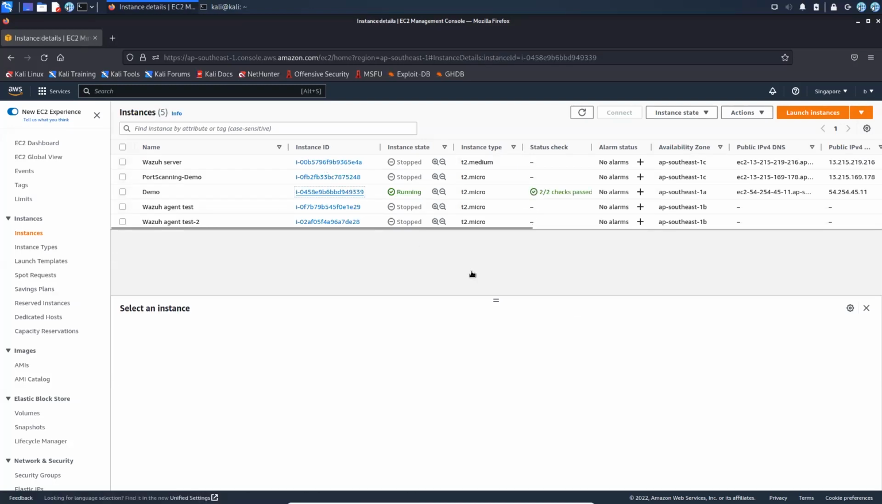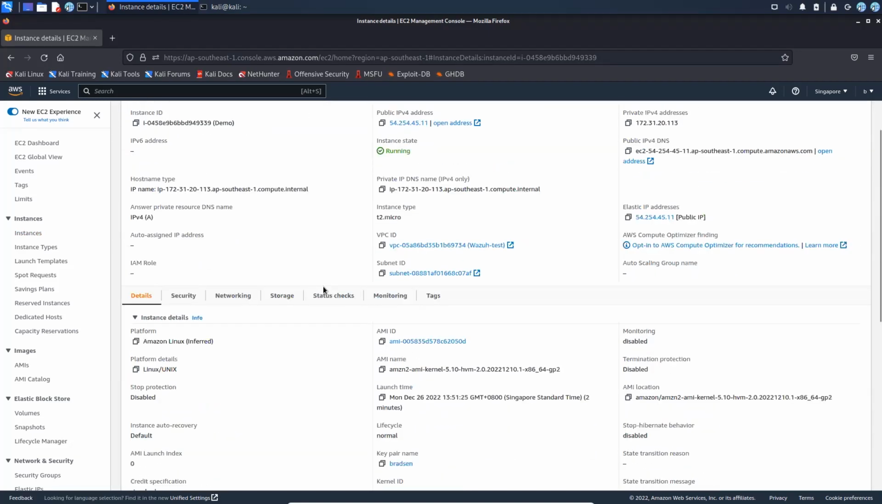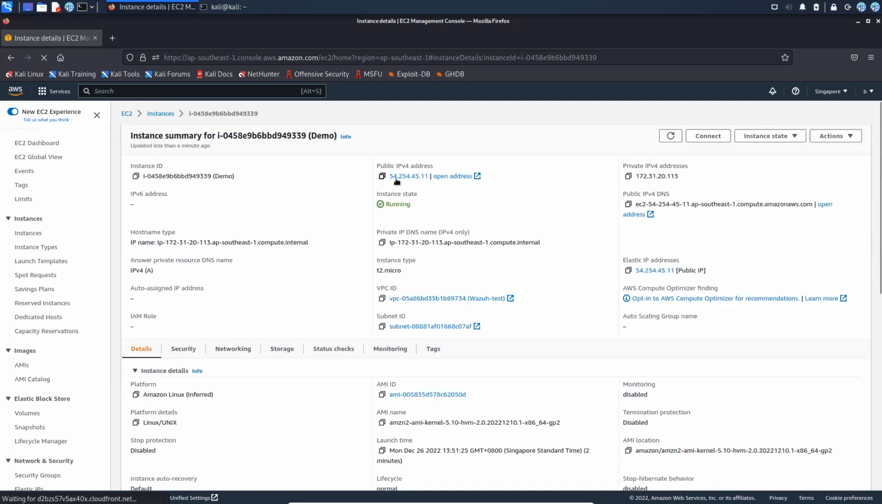So if you click on the demo, you can see that this is our new IP address. So next, what you need to do also is to allow Systems Manager to connect to this instance directly. Because if, let's say, you click on connect,